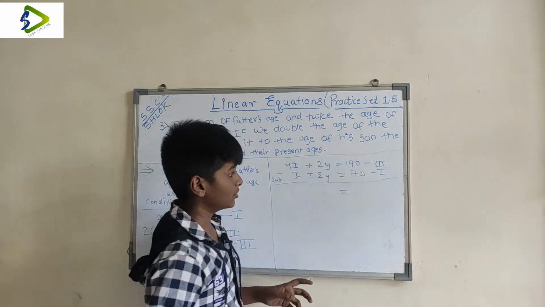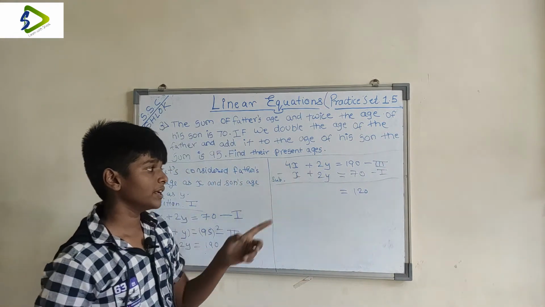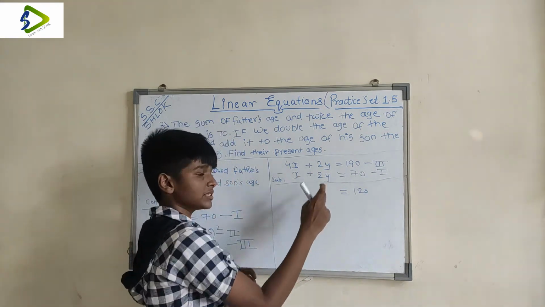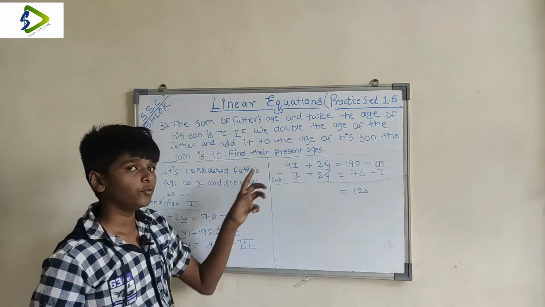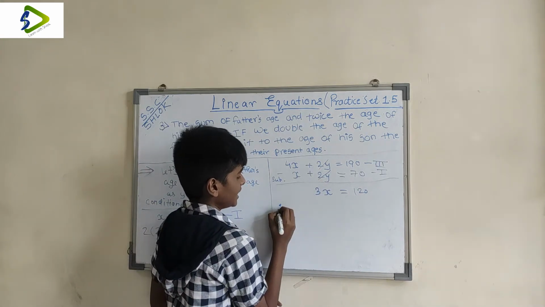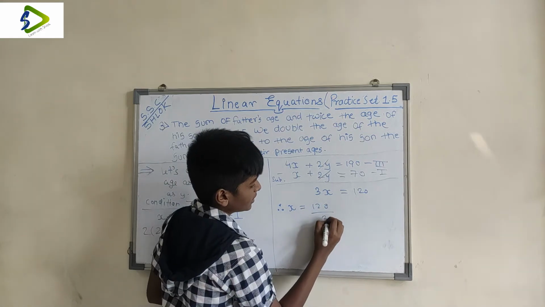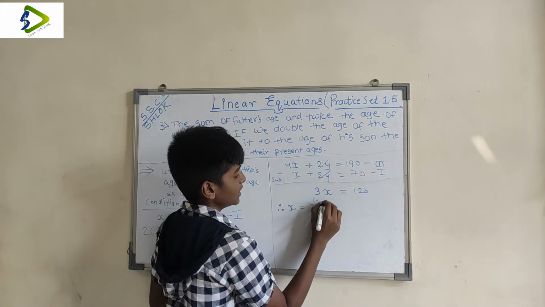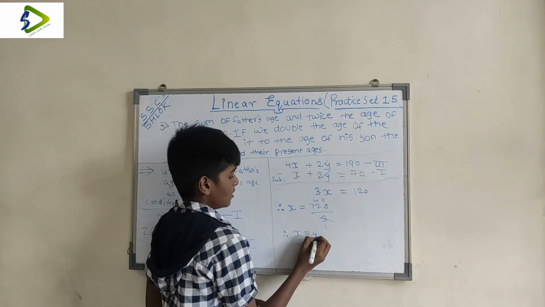We get first over here 0, and 9 minus 7 is 2, so we get 120. And plus 2y minus plus 2y, both the numbers are the same, so we cancel these two out and then we just get 4x minus x, which is 3x. So that means that x is equal to 120 by 3. 3 ones are 3 and 3 fours are 12, and that means that the value of x is equal to 40.